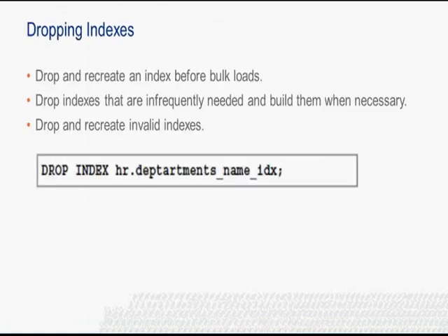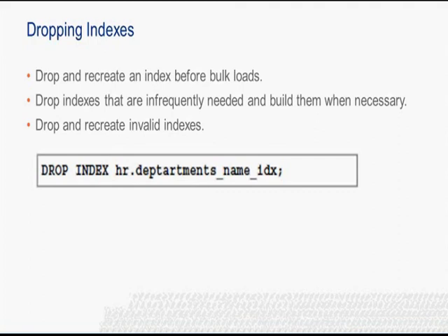Dropping the index. Indexes may need to be dropped in the following scenarios. An index that is no longer needed by applications can be removed. An index may be dropped prior to performing bulk loads: dropping an index prior to large data loads and recreating it after the load improves performance of the load and uses index space more efficiently. Indexes that are used only periodically do not need to be maintained unnecessarily, especially if they are based on a volatile table. This is generally the case in an OLTP system.